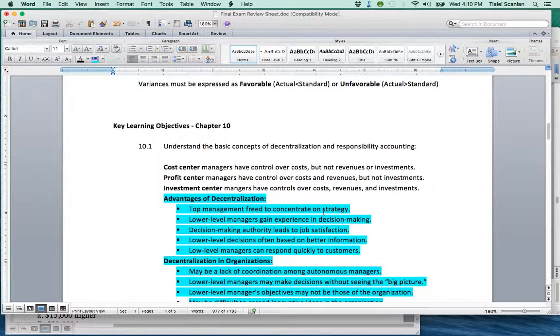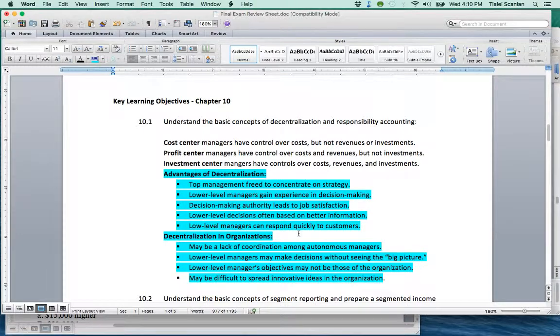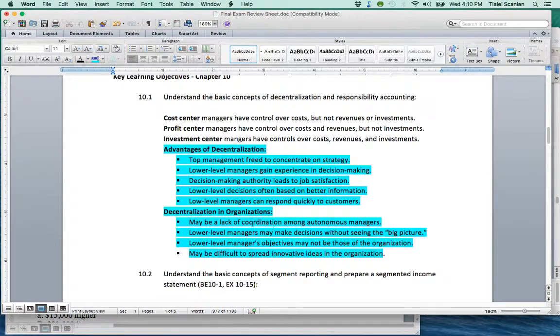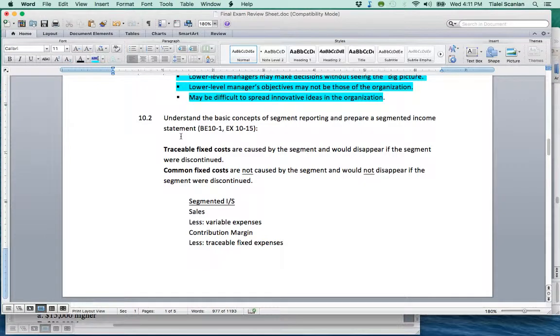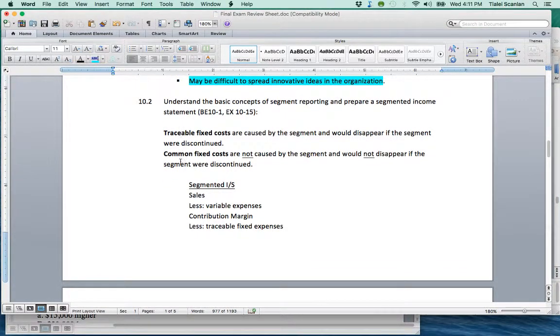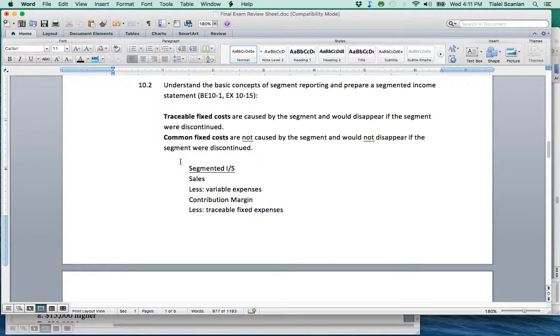For Chapter 10, know the advantages and disadvantages of decentralization in organizations. That's on the exam. There's not anything on cost, profit, or investment centers, but still good to know. The traceable and the common fixed costs really come into play in Chapter 11, so I'll talk about that, and that's when you're discontinuing a